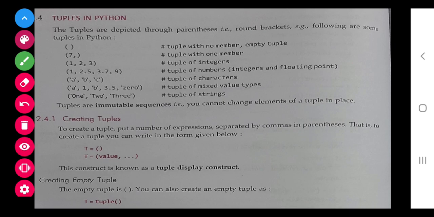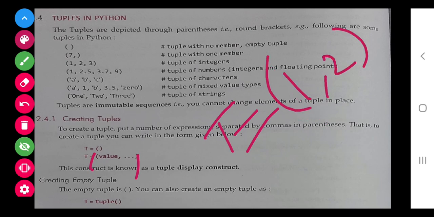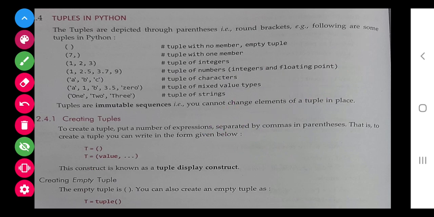Now talking about creating a tuple, this is the way to create a tuple. In list, it is this bracket to create an empty tuple, and for a tuple with values you will write this bracket, 1 comma 2 comma and so on.